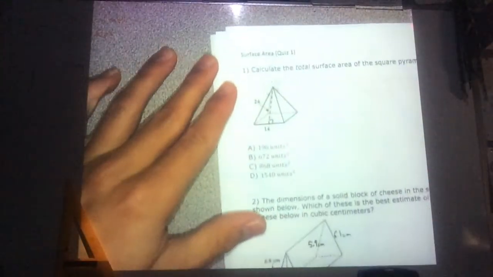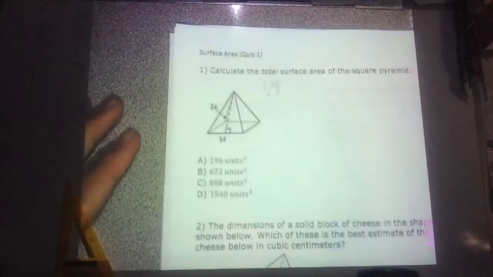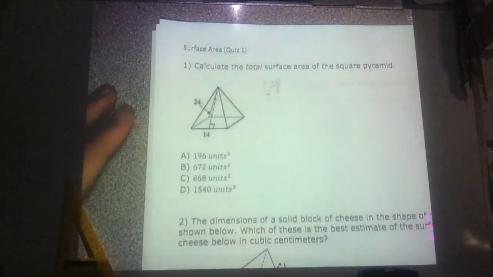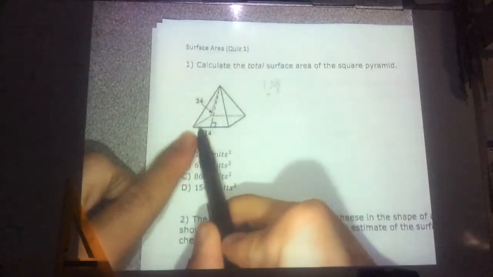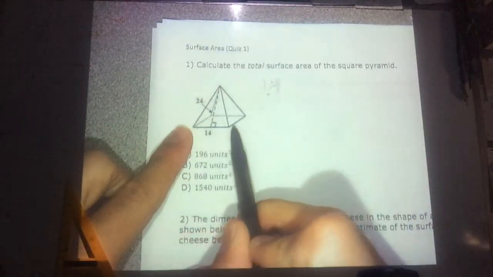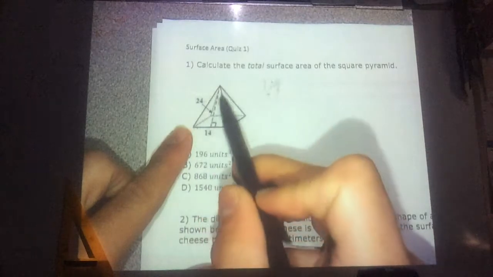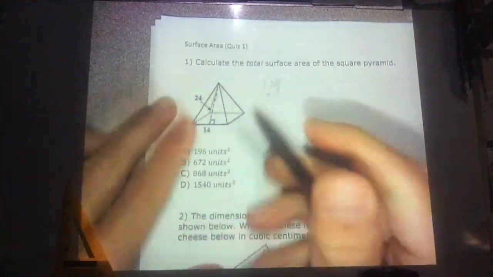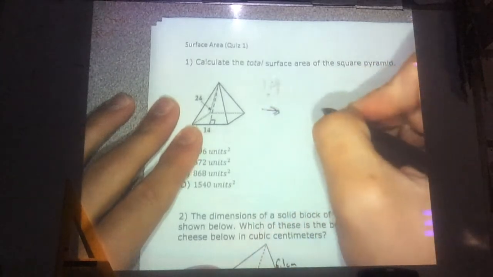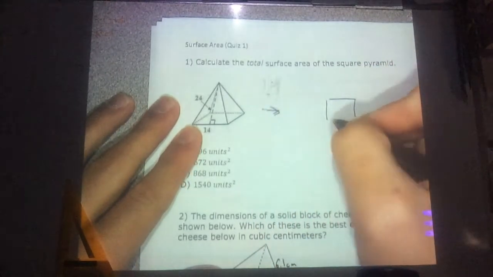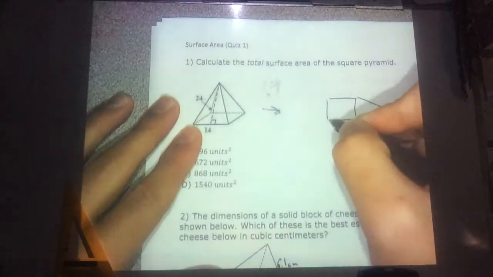So we're looking at this shape here, and I'll zoom into it. Calculate the total surface area of the square pyramid. So there's a square in the base and then 4 lateral sides. So I could think about it like this here. I can draw the square net,